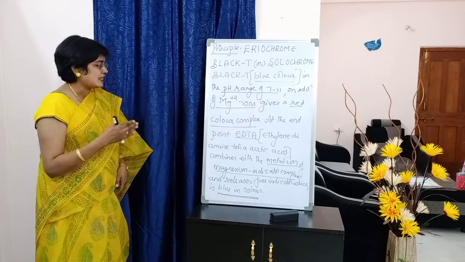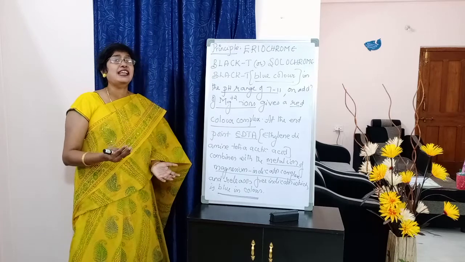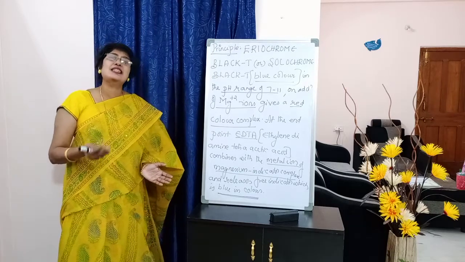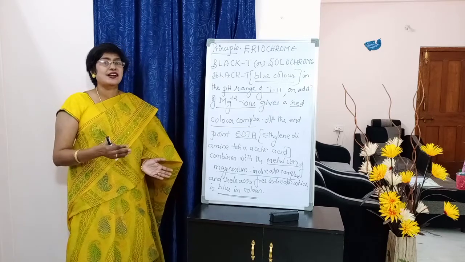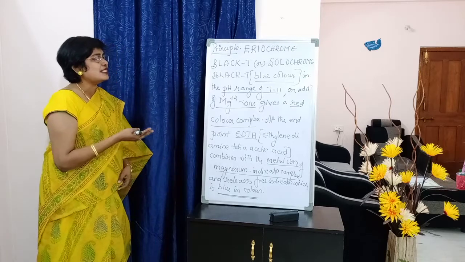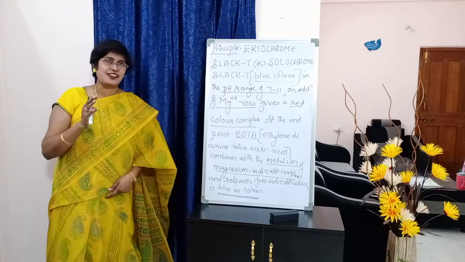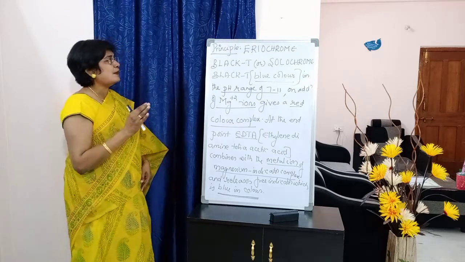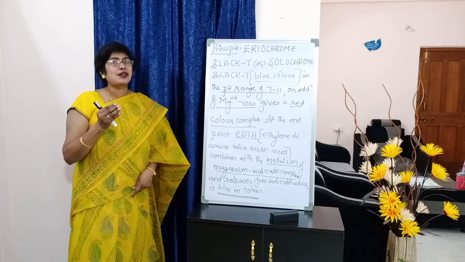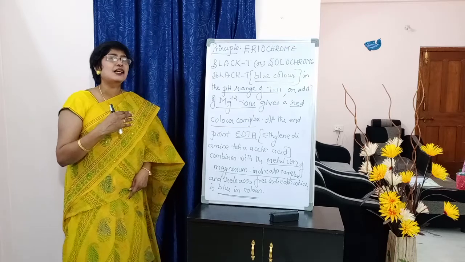Okay. So it releases the free indicator, which is blue in color. So we will be finding the end point as blue in color. Therefore, we say for this experiment, the end point is generally pink to blue. What is that pink? The red-colored complex formed by the indicator and Mg+2 ions. Okay, students, this is the principle of our experiment, which is very easy if you try to understand. Once, twice, thrice you read this principle, you will understand this.